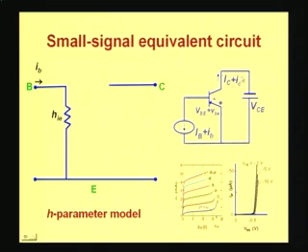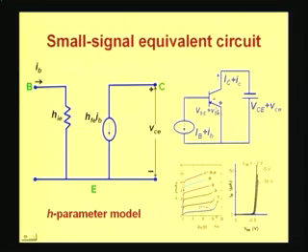Similarly, the small signal collector current resulting from the base current, that is a small signal output current because of the small signal input current, can be shown as a controlled current source. So the collector current equals base current times a multiplication factor. Now in addition, if you superimpose a small collector emitter voltage, these collector currents and the base emitter voltages will be slightly modified. So these modifications can be represented using two additional components.